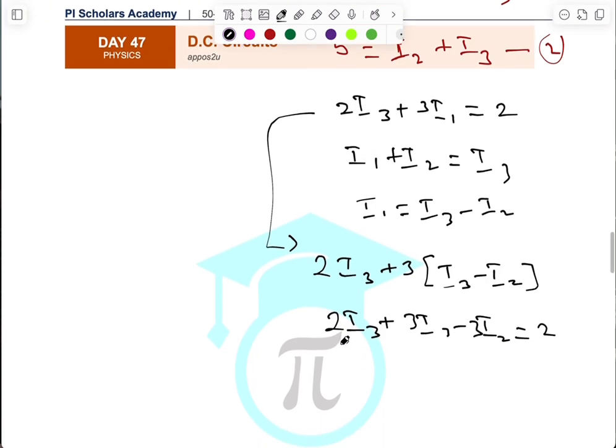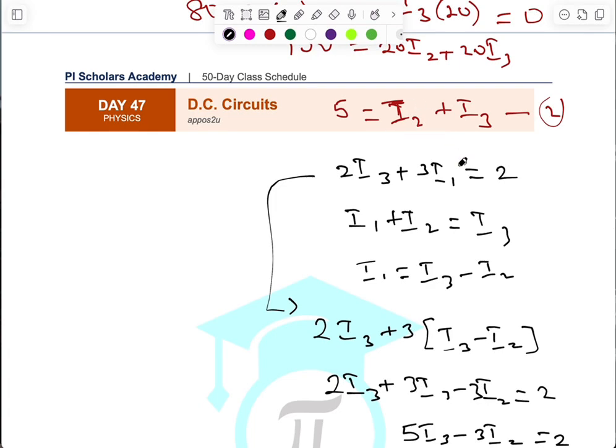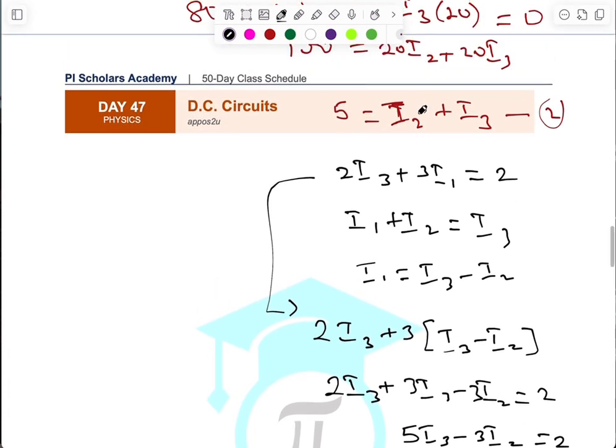So when you do that together, we have 2I3 plus 3I3 now. That will be 5I3 minus 3I2, that is equal to 2. So 5I3 minus 3I2 equals 2. Now, don't forget we already have I2 plus I3 equals 5 from before. So that implies that I can easily say that